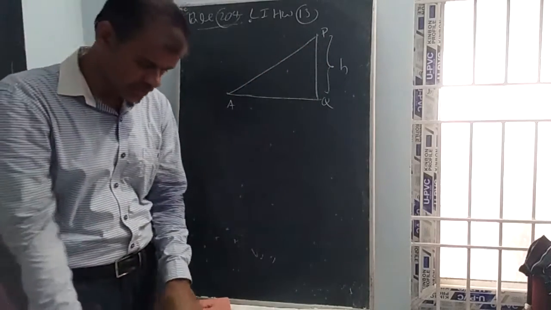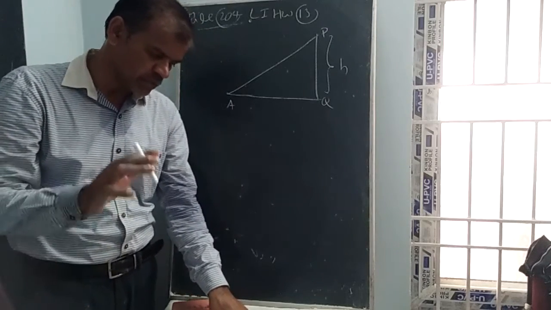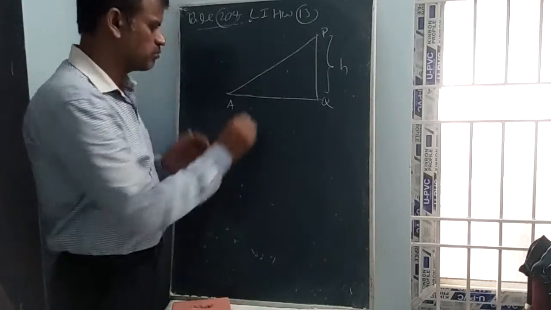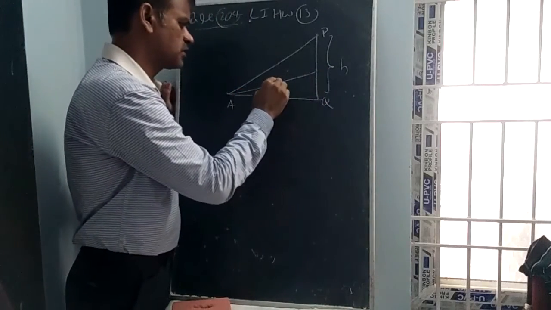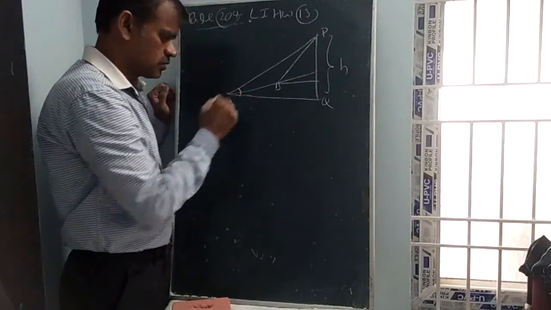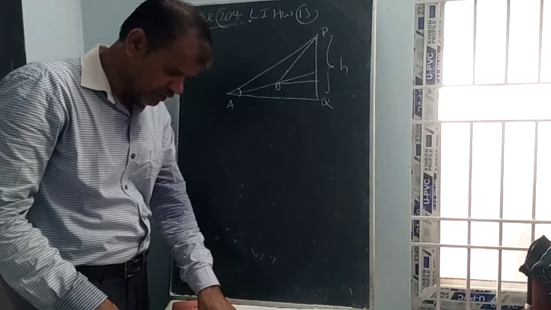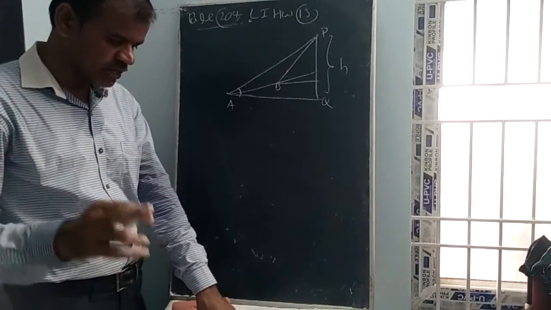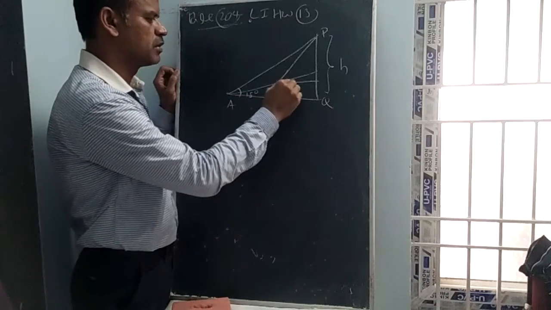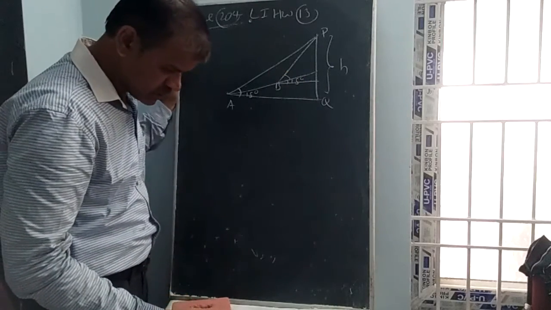So total 30 degrees. From B it is 45 degrees, where B is the point at a distance of 40 meters from the point A, measured along the line AB, which makes angle 15 with AQ. 40 meters, this is the ascending height. This is B. So this is 15 degrees. Small angle is 15, this is also 15 degrees. Total angle at B is given as 60 degrees.